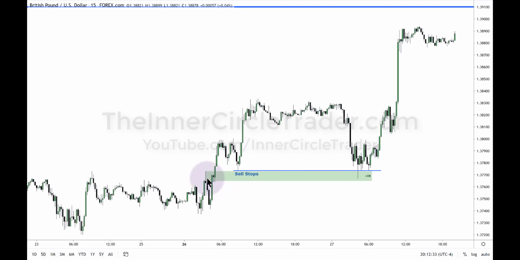Not every down close candle is a bullish order block, and not every up close candle is a bearish order block. But if you are in a context that is bullish, as I've outlined here and clearly proven, I was trading with this bias today, the underpinnings of the market is bullish, so therefore down close candles that have a market move away from it and have a swing low just above it, like we do here, that's a confluence of specific things that make it a high probability order block.